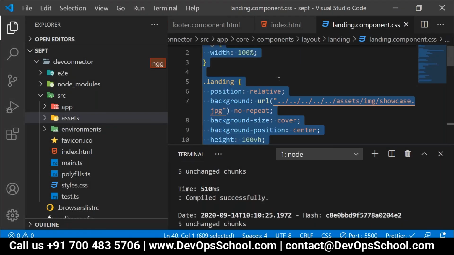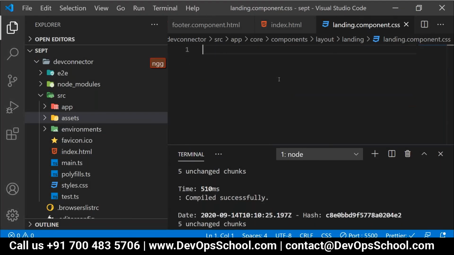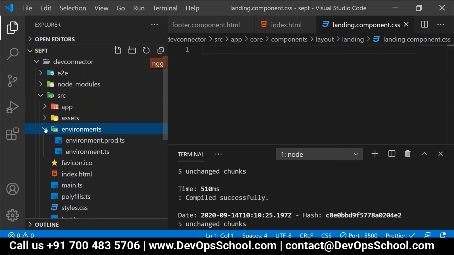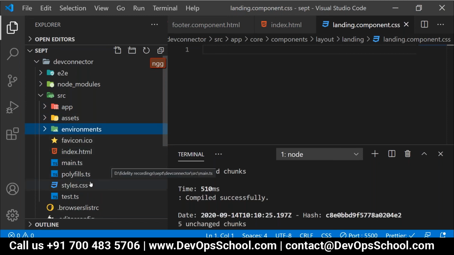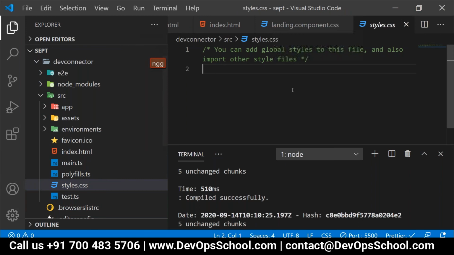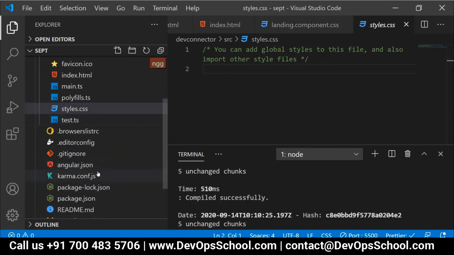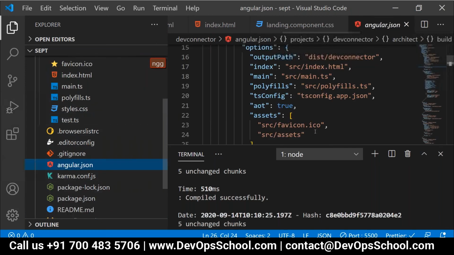Harsh, now this content, right? I'm going to remove it from my landing.component.css, correct? Now, Harsh, are you able to see this style.css? Yes, under the src. Okay, now before pasting the content over there, people, again I'll open angular.json and here I'll show it to you.